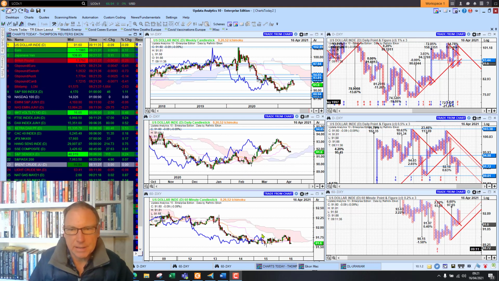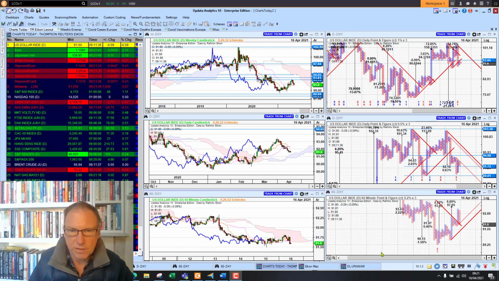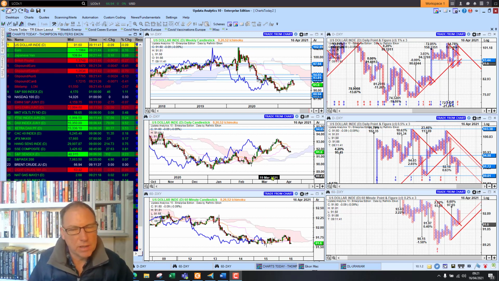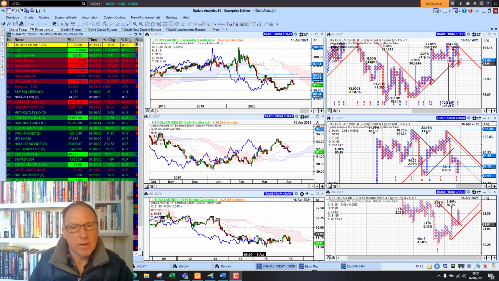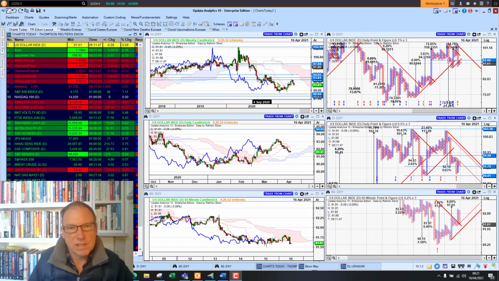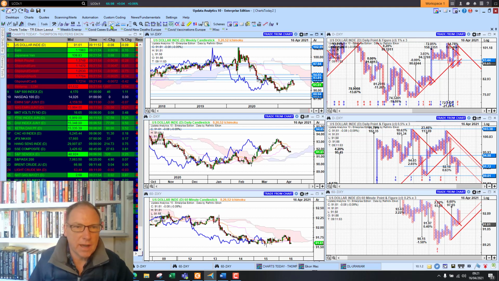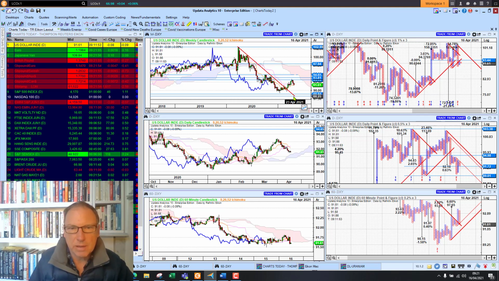We start by looking at the dollar index, remembering this is my long-term, medium-term and short-term view of the market, weekly, daily and 60-minute charts with the corresponding point figure charts targets. If we are below the cloud, we're bearish, and if we're above, we're bullish on that time frame. Resolving that, we still have a long-term bear trend on the dollar, but that is reversing, and 2021 does look like a better year for the dollar.